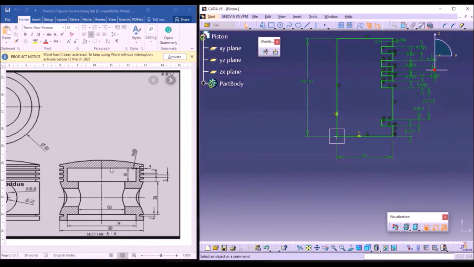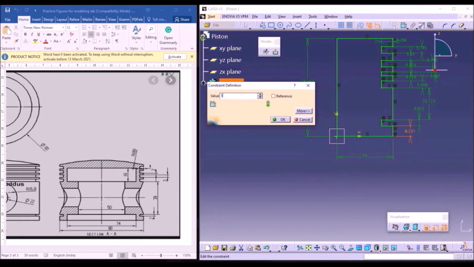Next, this vertical length, the total length: you can give the total length, or by seeing this length you can verify this height. Now at the bottom give this vertical length as 5.